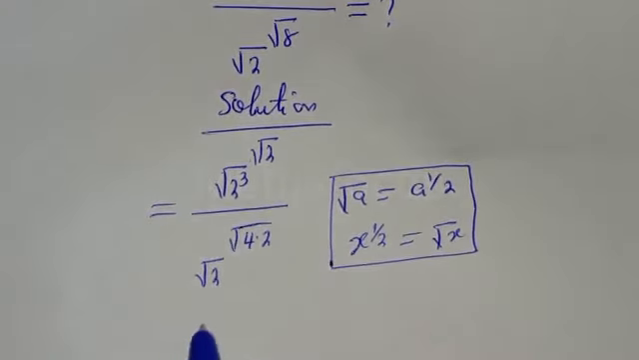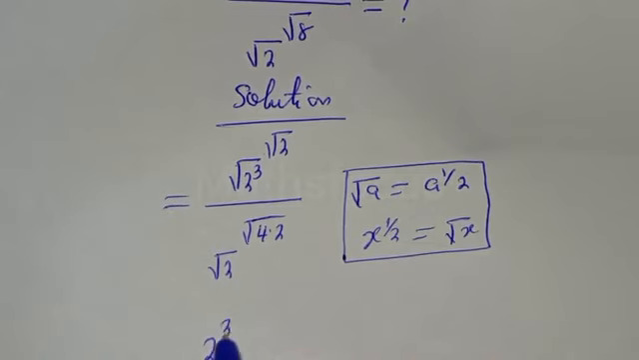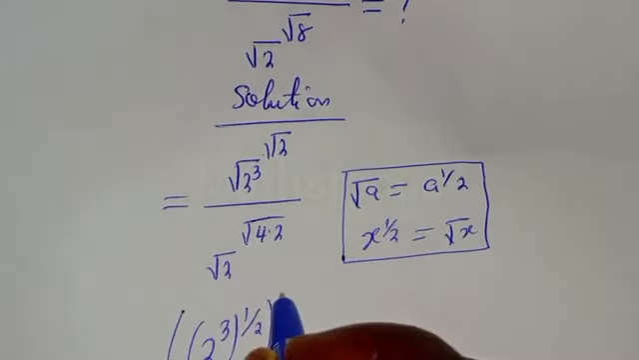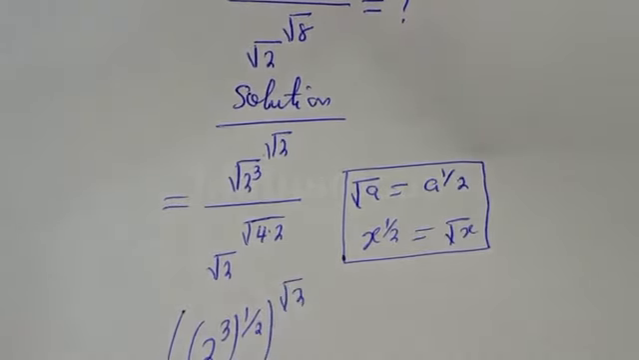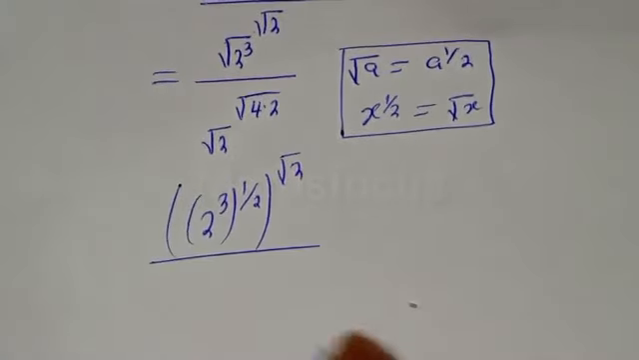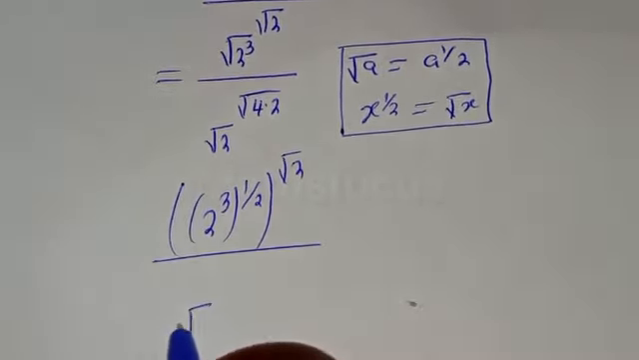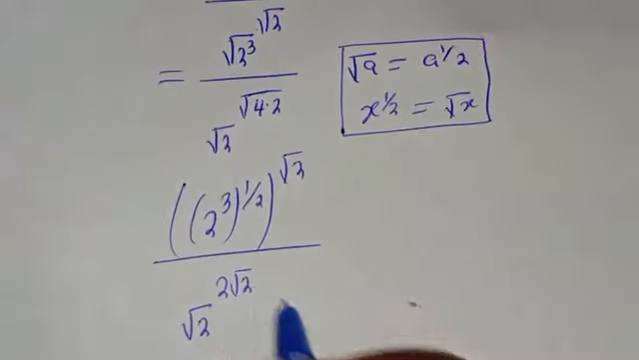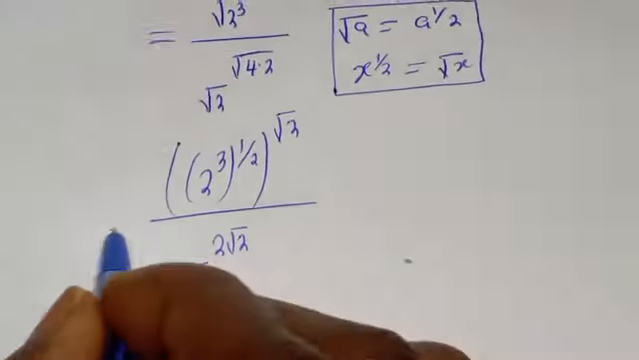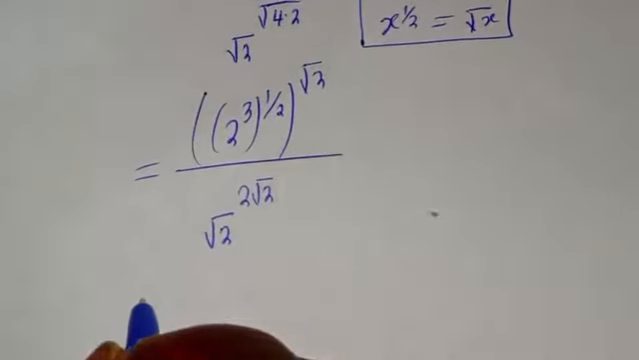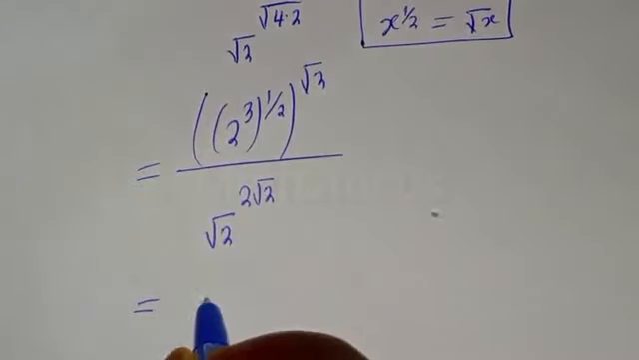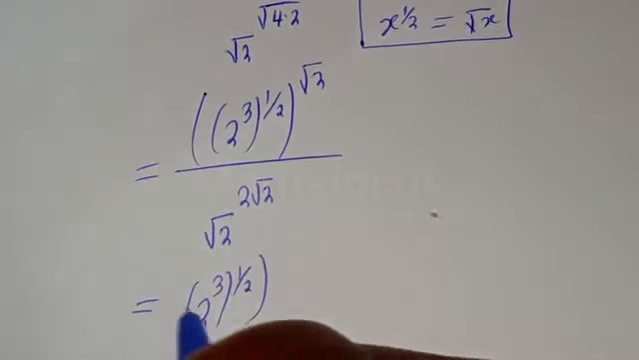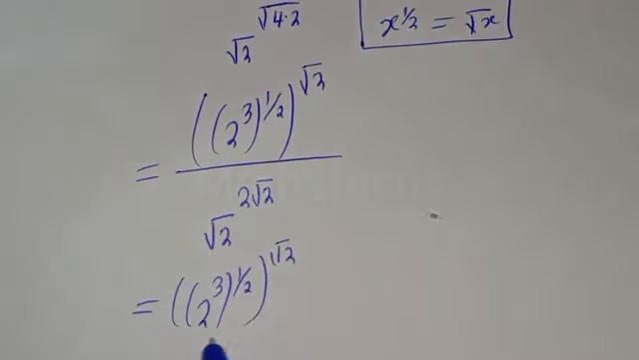Then this can be written as 2 raised to power 3 to the power of 1 over 2, to the power of square root of 2, divided by square root of 2 to the power of 2 square root of 2. And this is equal to 2 raised to power 3 to the power of 1 over 2 to the power of square root of 2